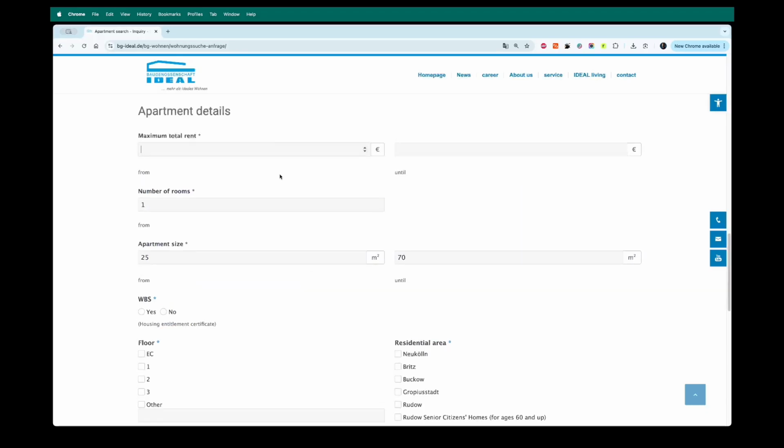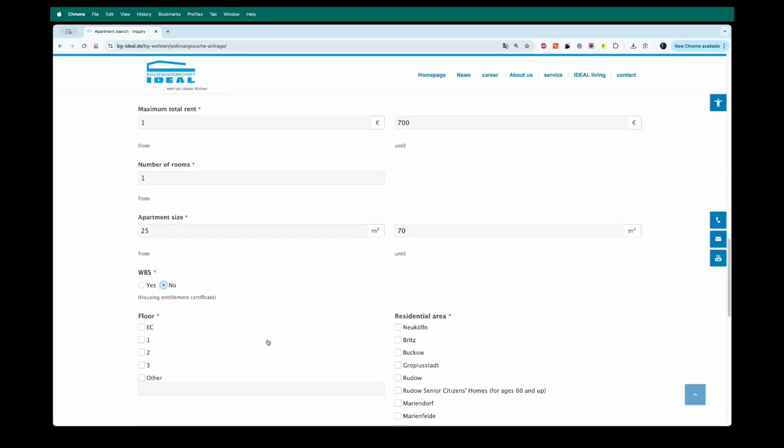Afterwards, you need to add what is the maximum rent you can cover. So for example, from 1 to 700, based on the availability and based on the budget you have. Room number by default 1. This size is also very fine, and VBS I'm not applicable on the VBS, and you also need to scroll